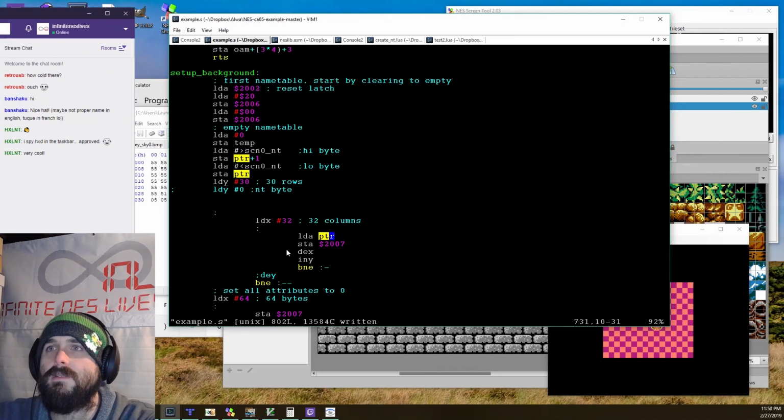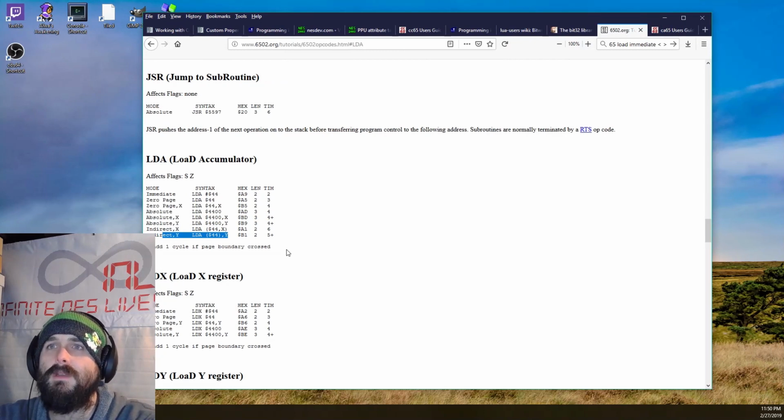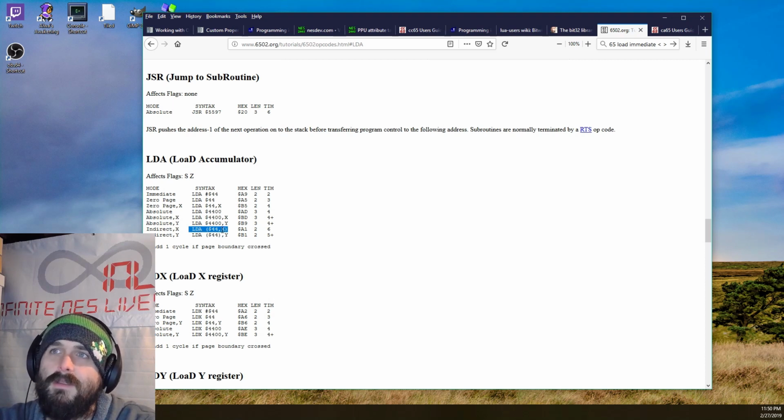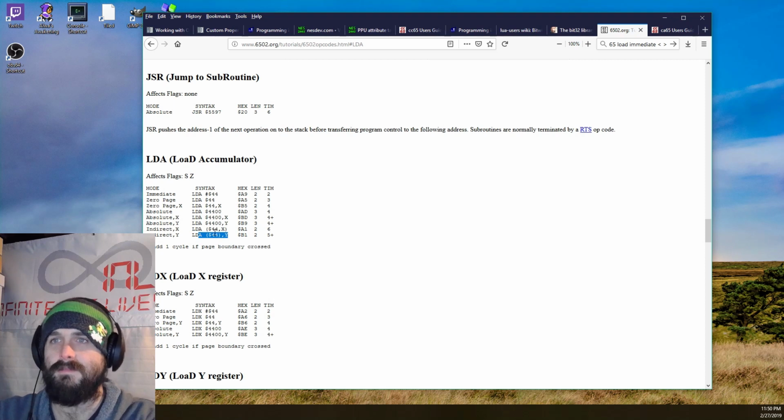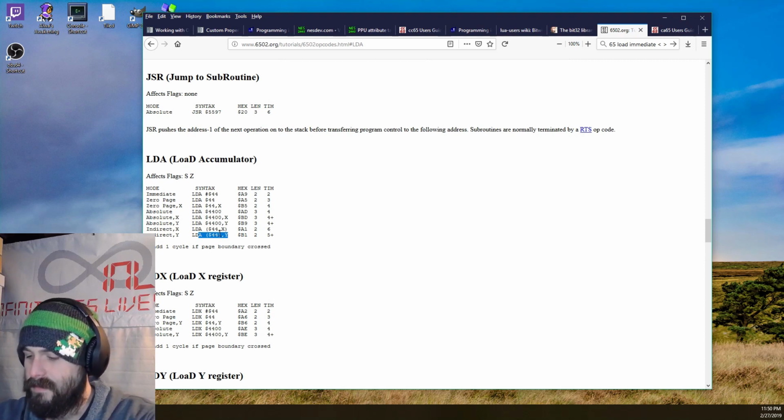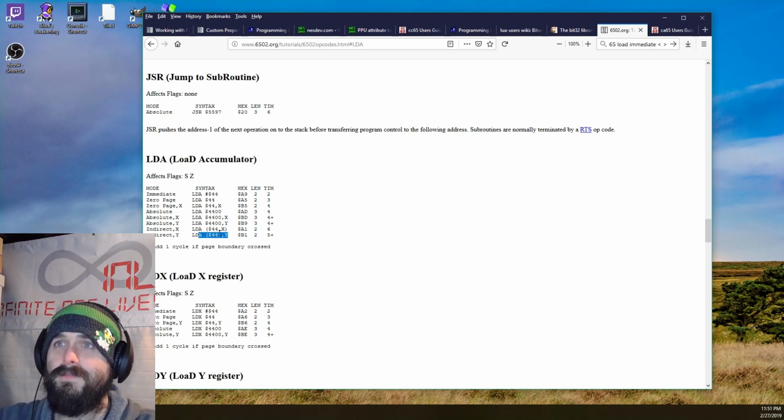We can use the indirect X. I think that changes the pointer, the next zero page address. This adds indirect indexed, indexed indirect. Rusty. Okay, so I think we want to use